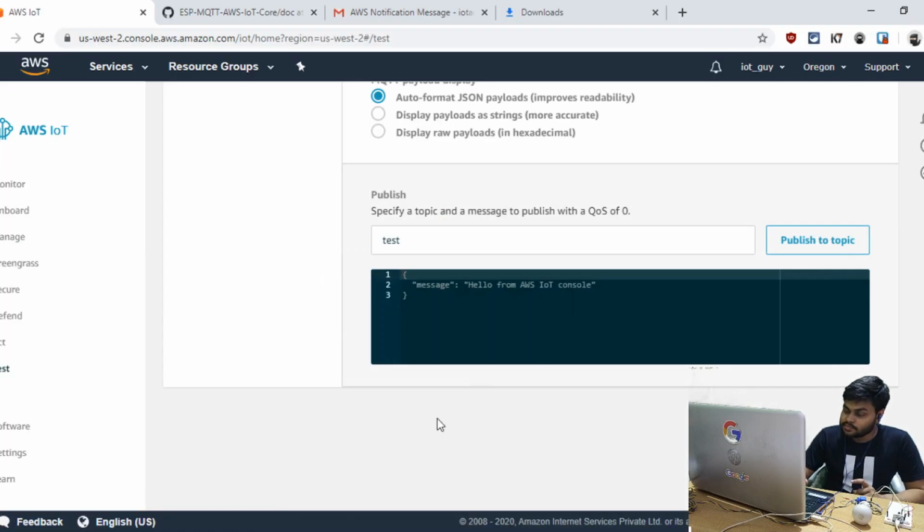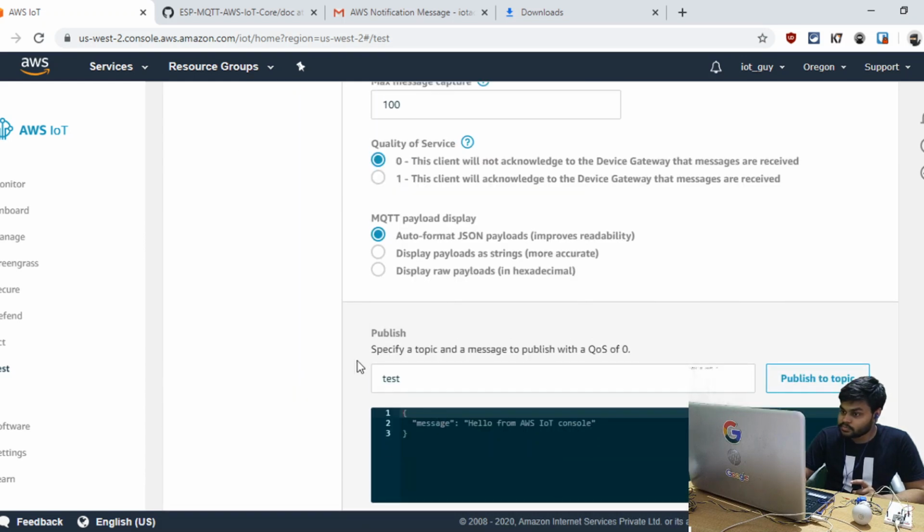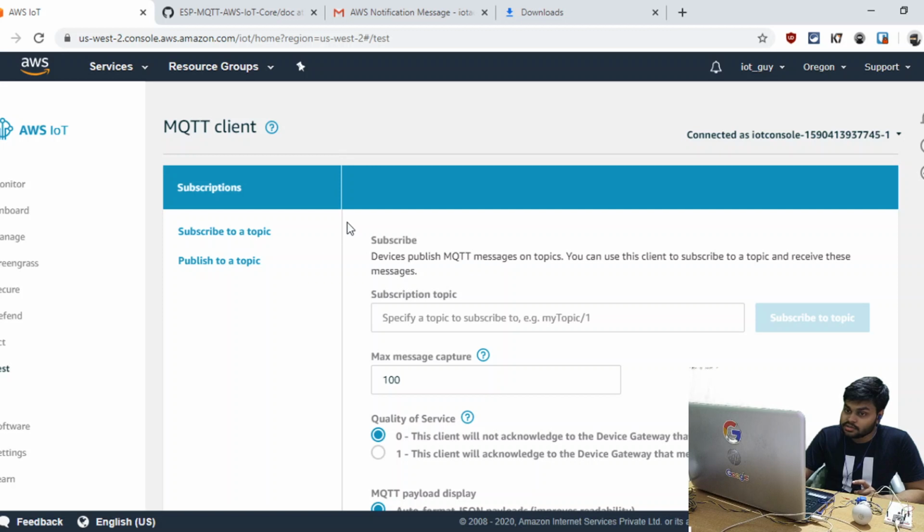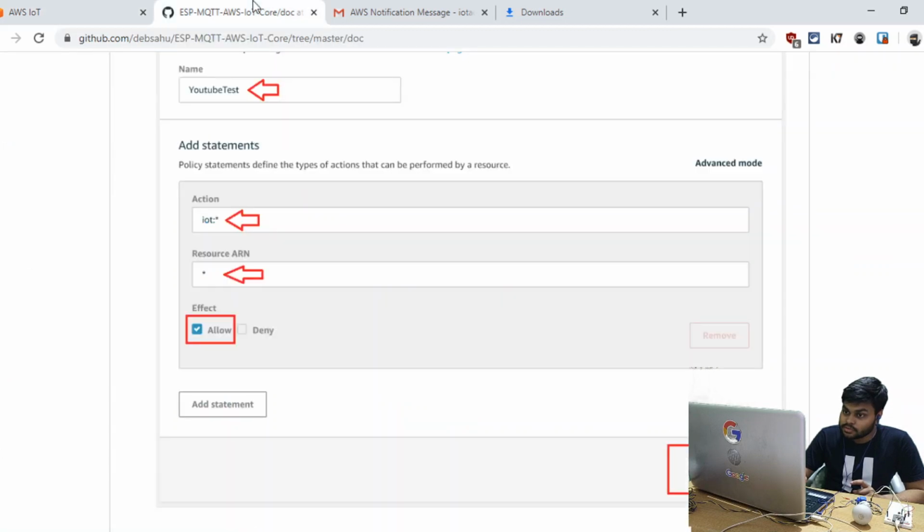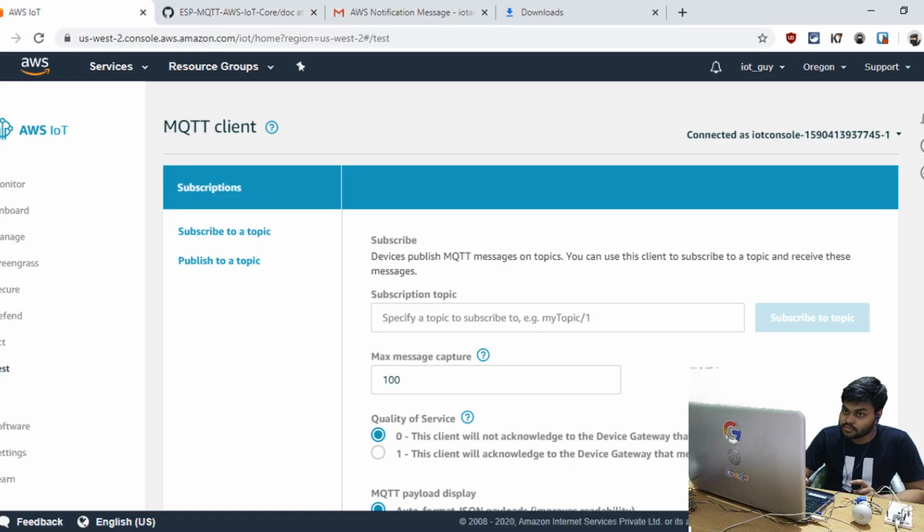Let's write a sketch in Python. To write a sketch for Python, we need to use some resources which are provided in the documentation. Let me pause the session, and I will upload all the resources of AWS.